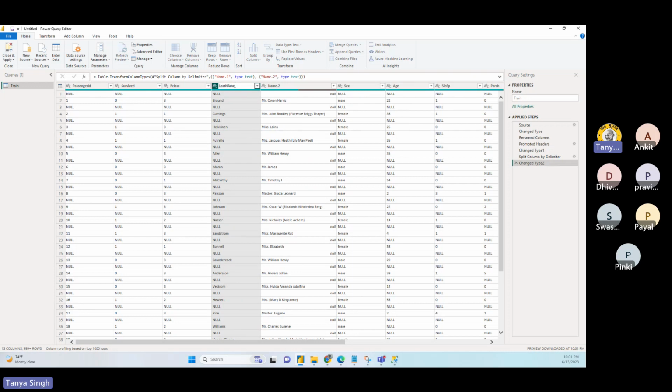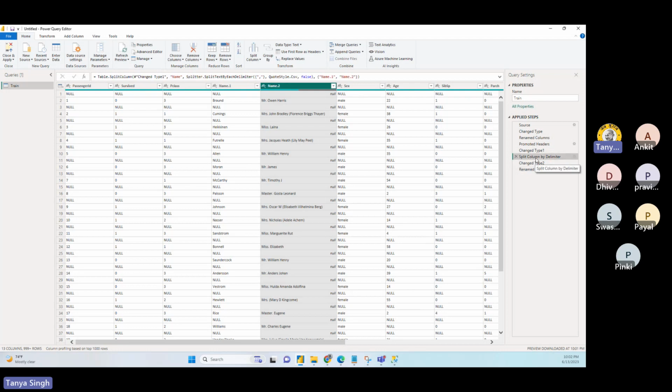Sorry, I'm going over. And this will be your first name. So that's it. You can do it and it will be split. This is your last name, this is your first name. You see rename column has been added to change the name, and split by column delimiter is added over here.